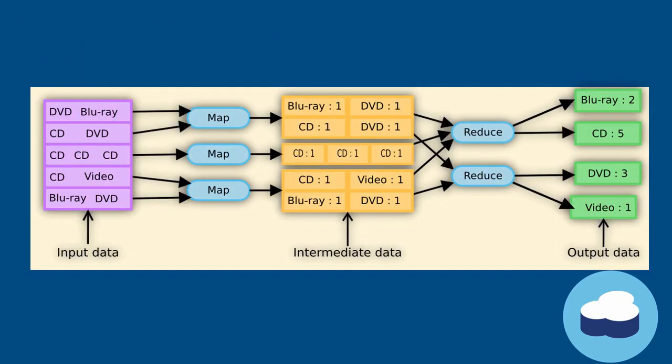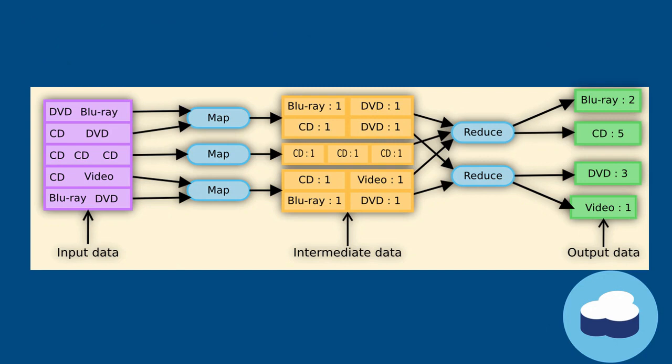Then here is another example. Here we have input data where various words occur in the database. Suppose we want to perform the count operation of a CD keyword. We want to search how many times the CD keyword occurs in our table or in our database. We could perform the count operation based on a view or on analytics, and here we have the input data with certain keywords jumbled up in the database. We have to perform the map phase where the number of occurrences of each keyword is counted,